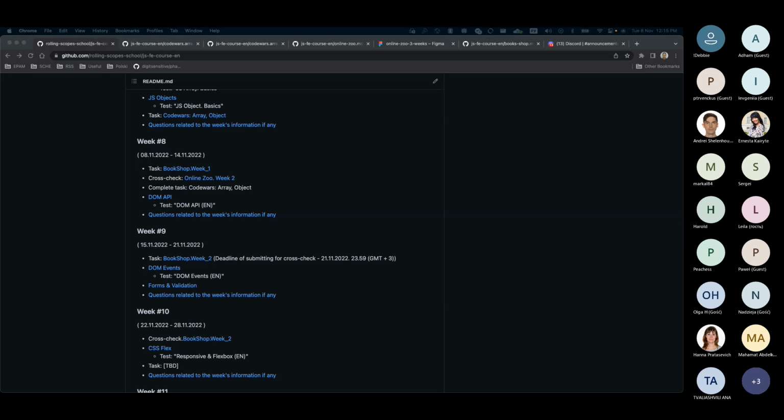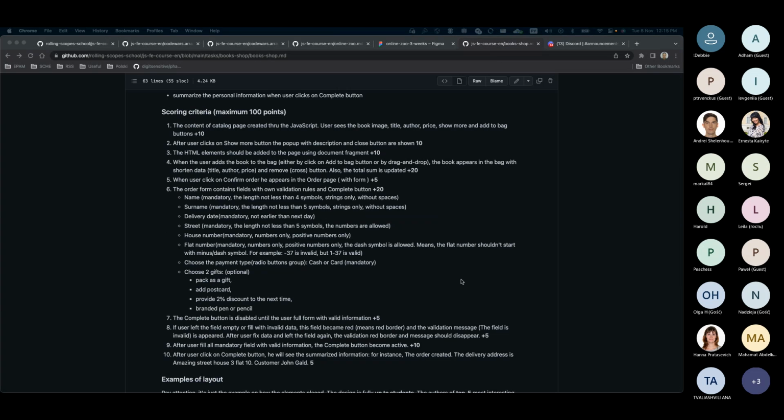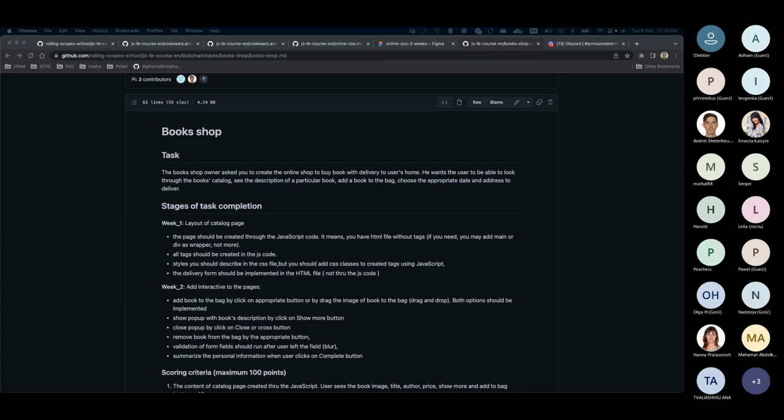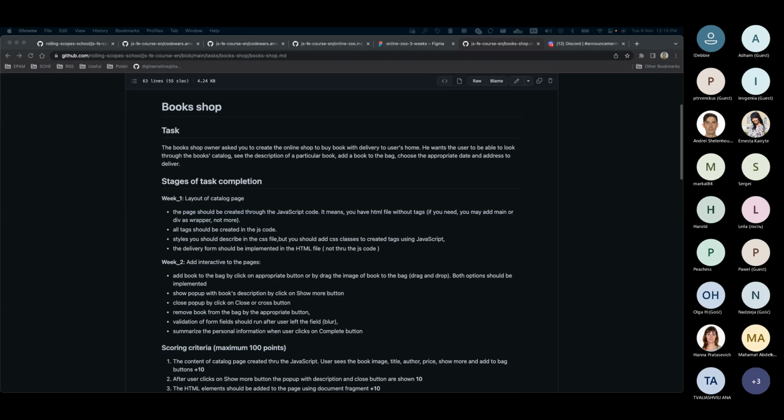Okay, I'll start with the bookshop. About styles, you should describe them in the CSS file, but you should add CSS classes to create text using JavaScript. My question is, are we adding CSS classes to the form like we did normally, or are we adding them through the JS?